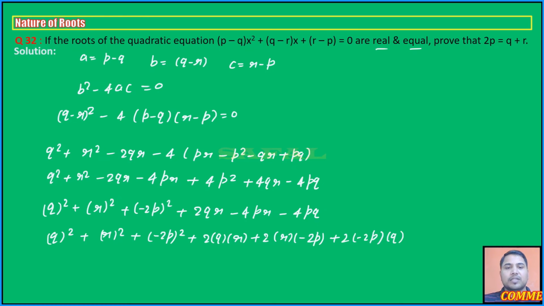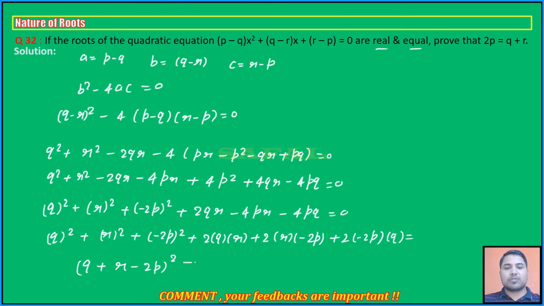q. So ये कुछ यूँ बन गया, a स्क्वायर प्लस b स्क्वायर प्लस c स्क्वायर प्लस 2ab प्लस 2bc प्लस 2ca। और ये आपने पढ़ा है क्लास 9th में आइडेंटिटी, वो क्या होता है? a प्लस b प्लस c द होल स्क्वायर। तो यहाँ पे a की जगह q है, b की जगह r है और c की जगह माइनस 2p है. So this becomes the whole square equals to 0.